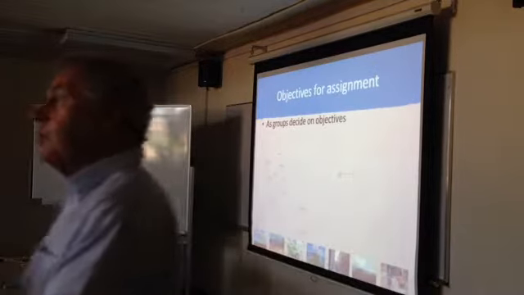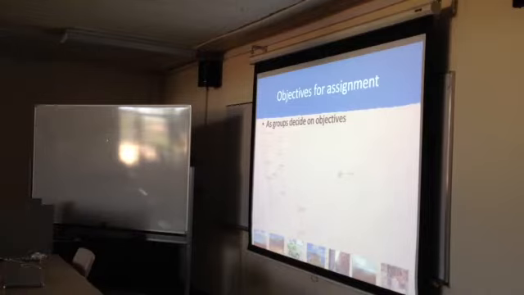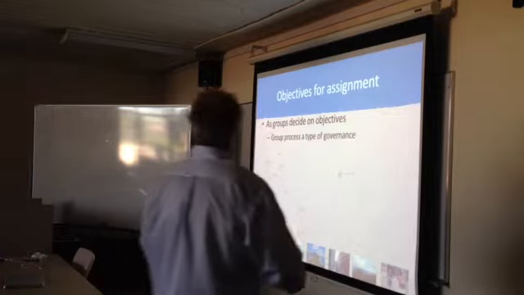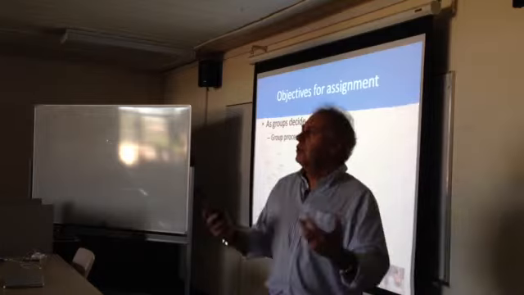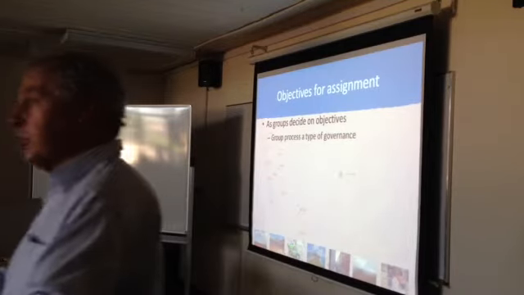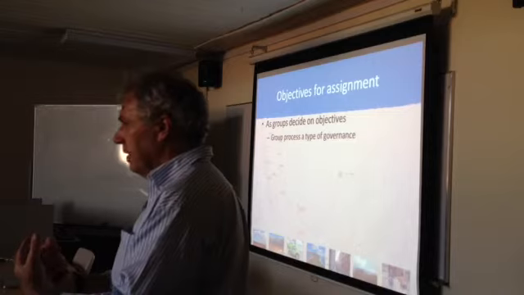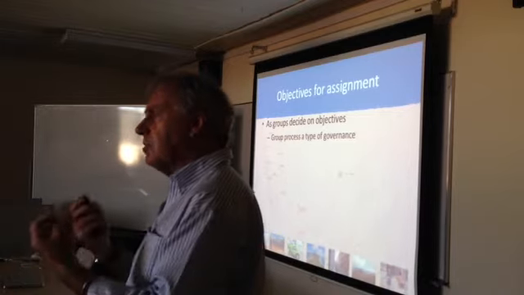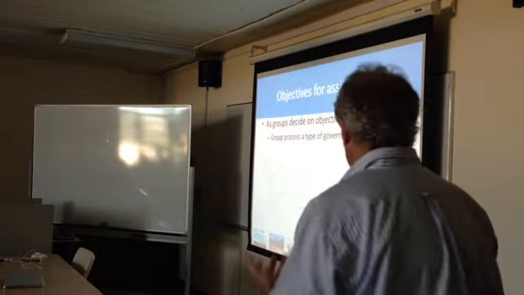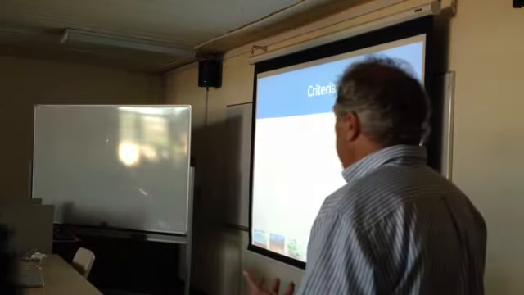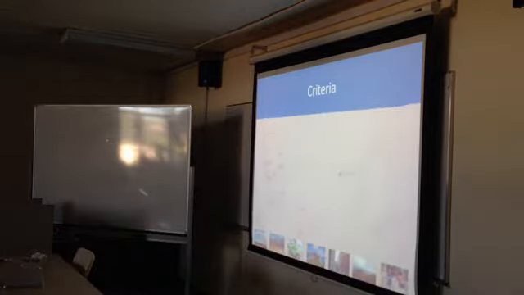So today's job will be, as a group, to do a consensus exercise and have a list of, say, 12-odd objectives you're going to use for your assignment. So that's the first thing you're going to do as a group. And it's a kind of group process which substitutes for governance. Even though you're not a member, you don't live in that beach area, you've got an understanding of it now, and you appreciate its values, and you can start to work out what the key objectives are that you're going to use for this assignment. So it's a kind of consensus approach to do that. The next step, and which I'll stop you in about 15